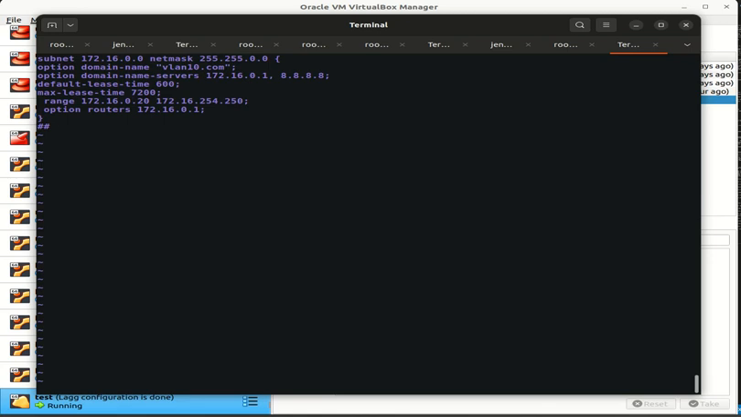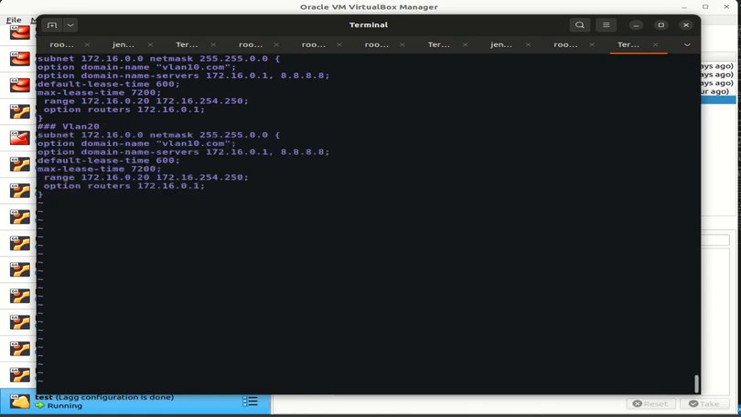With class C network, let's just make a comment here: VLAN 20. I'm going to copy paste the same settings, and I'm going to make some changes to it. The network address would be 192.168.10.0 along with 24 bits of network address. So it's going to be like this. VLAN is going to be 20. The domain name server would be